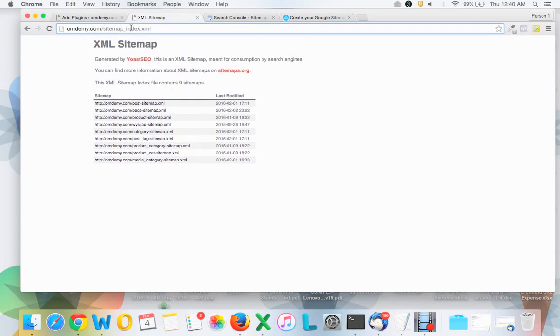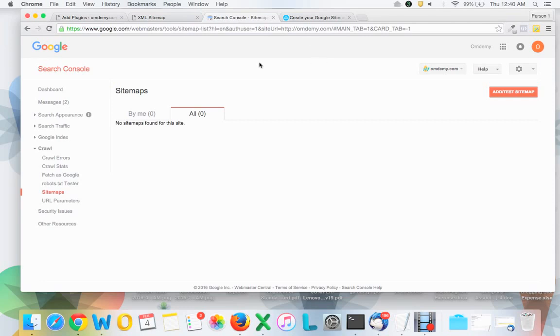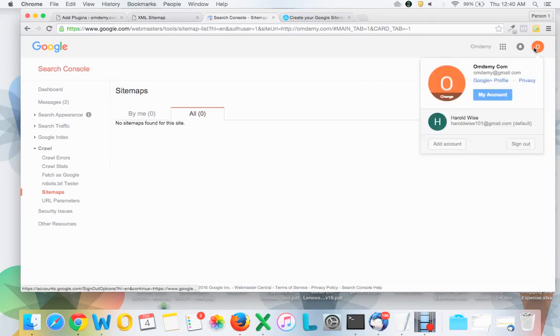So now you know your file name, which is created by the Yoast plugin. Now what you have to do is log into your webmaster account, which could be one of your Gmail accounts.